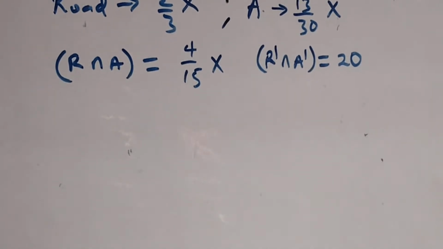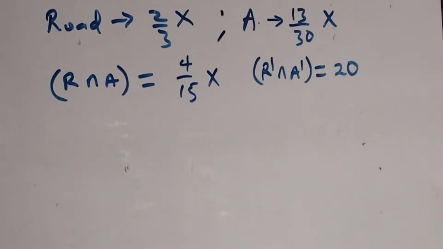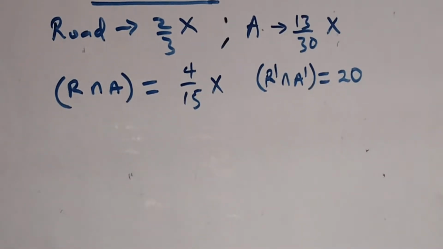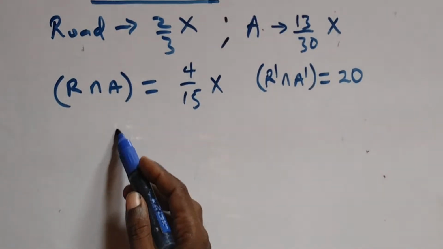That's the first question. How many tourists were interviewed? That's the number of tourists. How many travel by air only? Now, let's interpret this question in Venn diagram. We have a two set problem here. You can draw the Venn diagram,